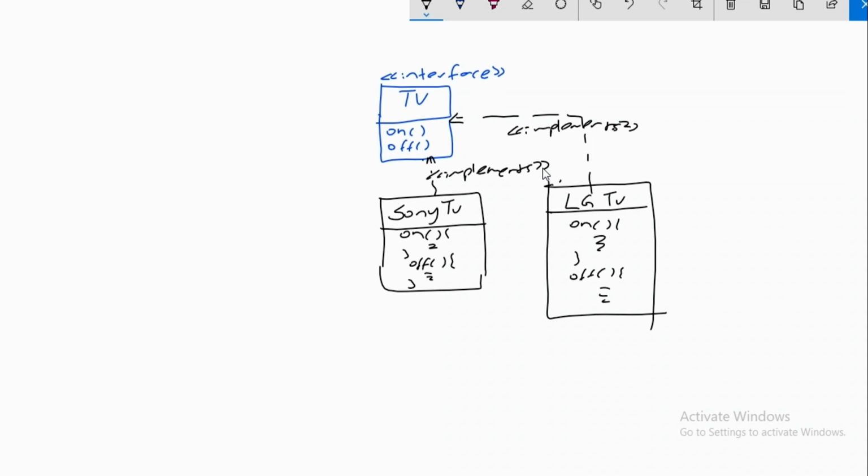Now I am going to implement a remote controller. You have to have one remote controller for both TVs, so I have to implement another interface called remote controller.